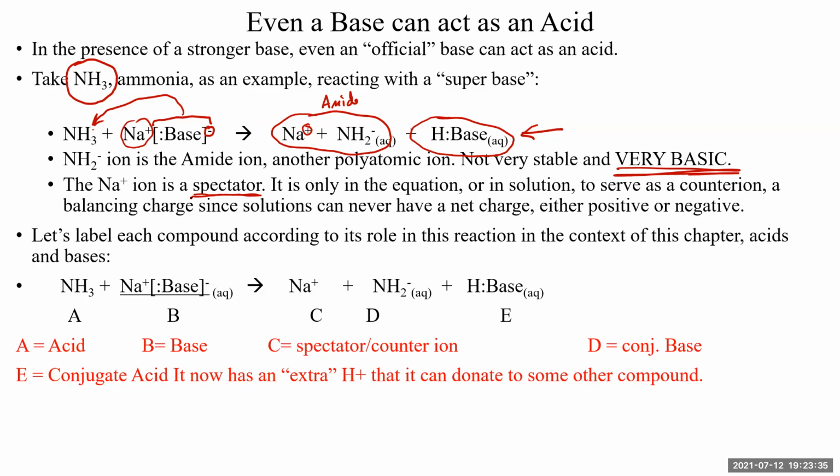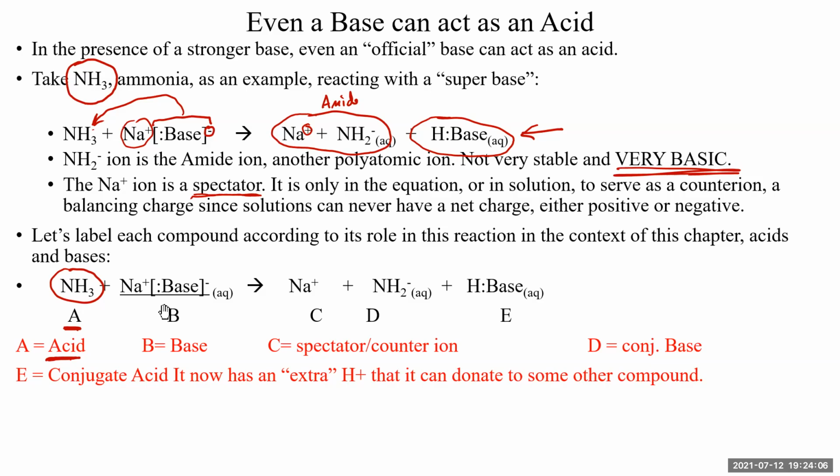So if we go through and we label this, in this particular reaction, ammonia, which we normally refer to as a base, as a weak base, is instead going to be functioning as the acid. Remember, it's always relative to what's going on around it. It's relative to the reaction. No compound is a base or an acid in an absolute sense. It's always about where it is, what other compounds are around it that can react with it,